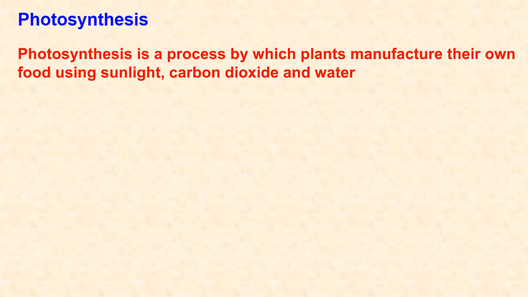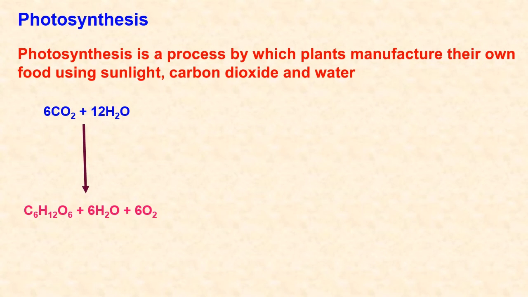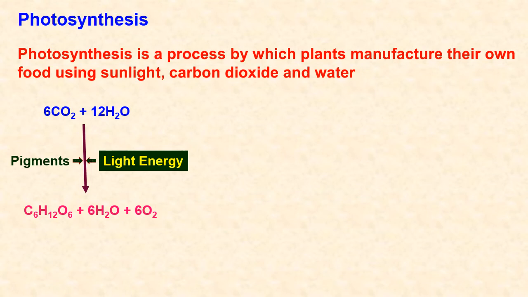This mesophyll tissue contains chloroplasts, which contain a light absorbing green pigment called chlorophyll. Using this pigment, the photosynthesis process is carried out. Many experiments were carried out to prove the process of photosynthesis, and at last an equation was framed which contains carbon dioxide and water molecules. These combine to form carbohydrate, oxygen and water using pigments and light energy. These pigments are nothing but the chlorophyll pigments.